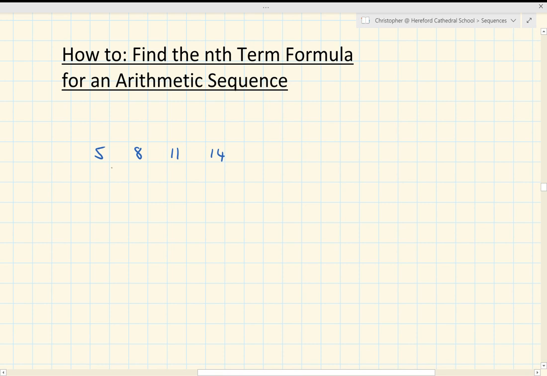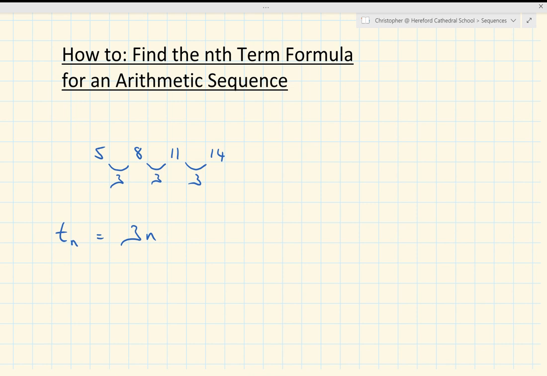Well, the first thing to do is to ascertain what that common difference is. In this case, the common difference is 3. That means that my nth term formula is going to start 3n, because my formula is a bit like the 3 times table, and that has differences of 3. So if my formula has differences of 3, it's going to start with an nth term formula that begins with